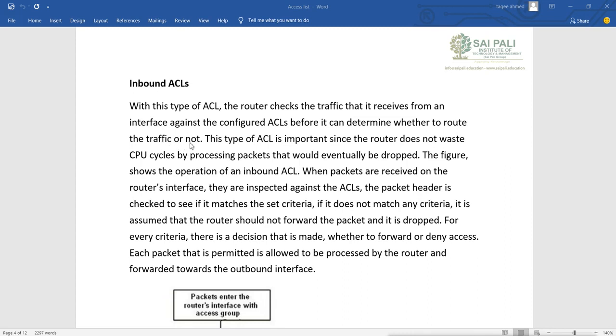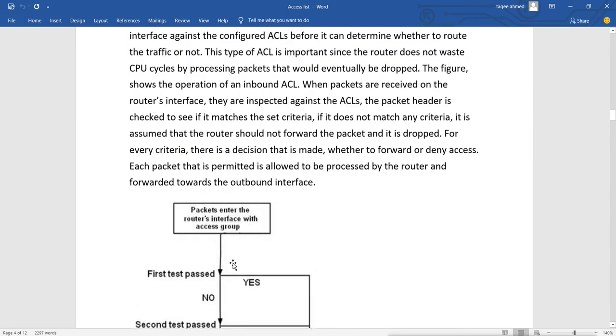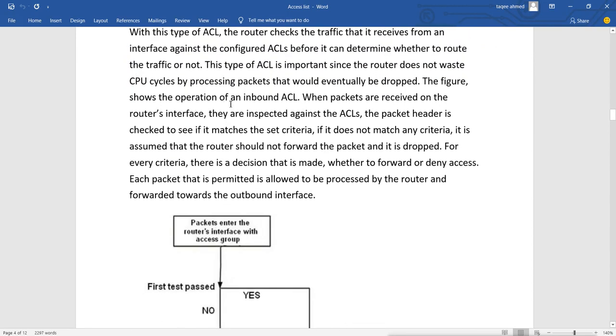So for example, we have seen when data enters into the interface FastEthernet, and if we have configured the ACL for that inbound traffic, the router will do what? It will inspect the packet whether it can be forwarded or not. This type of ACL is important since the router does not waste CPU cycles by processing the packet that would eventually be dropped. And the figure shows the operation of inbound ACL, and when